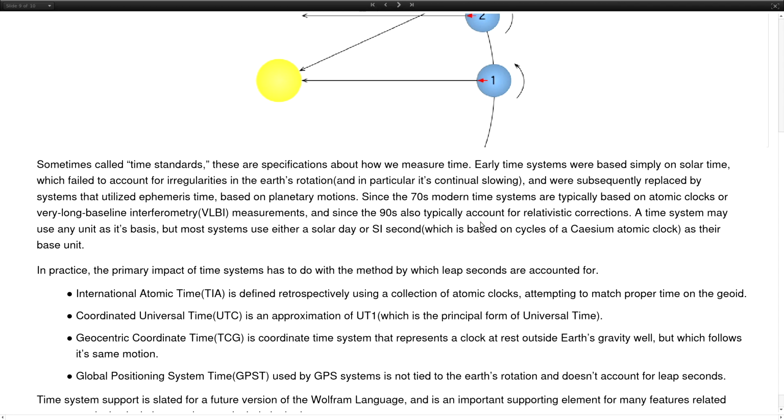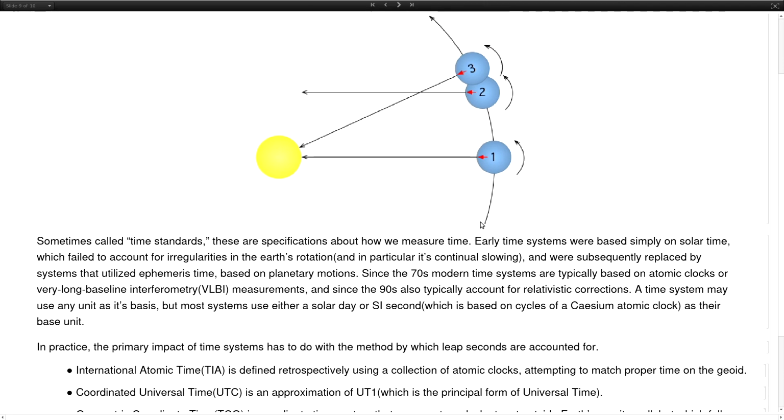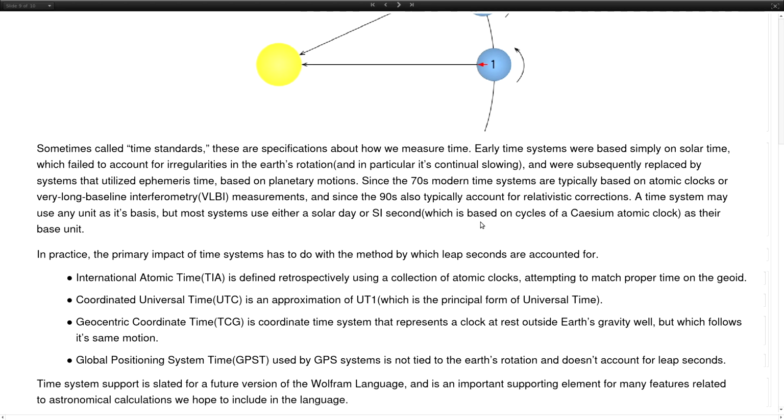And for example, this graphic at the top shows that a full rotation of the Earth, when we're looking at the sun, we've actually overcorrected for our apparent location relative to the sun. And if we were to look at a distant point in space or use something like ephemeris time, we would have a different point on the clock. And the difference of a few microseconds is not major for many date calculations, but once we start talking about bodies moving through space, being off by a second or off by a few milliseconds can represent a very large change in distance. So we want to be able to support things like International Atomic Time, or Coordinated Universal Time,